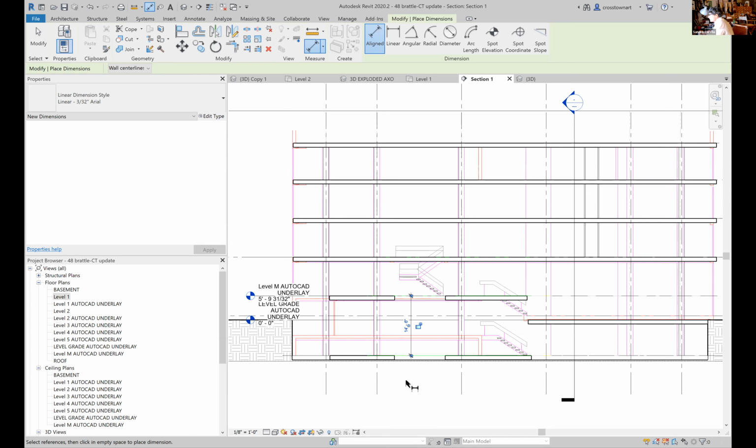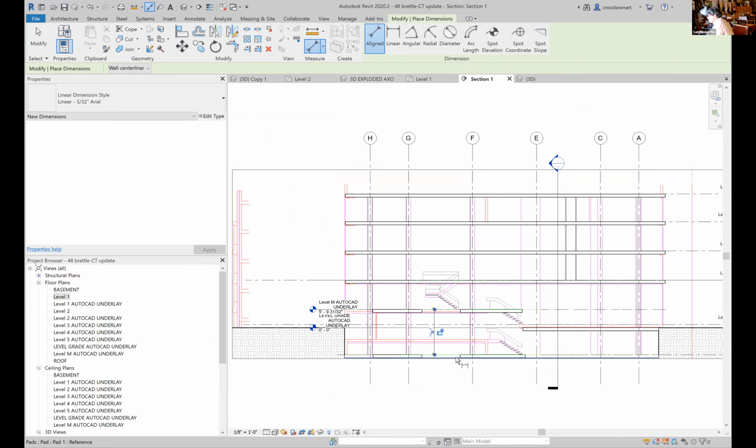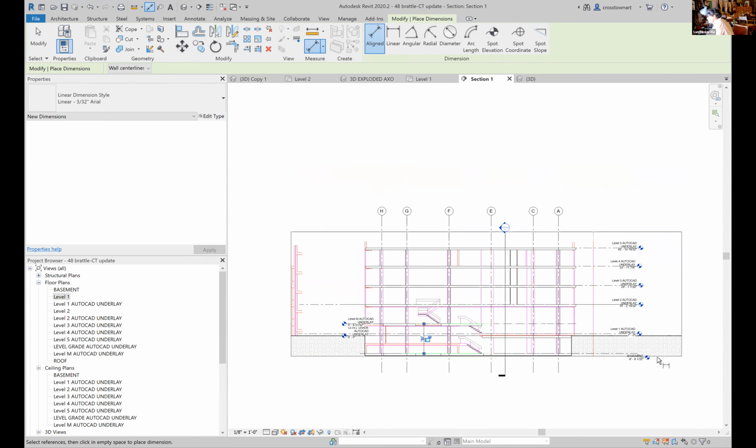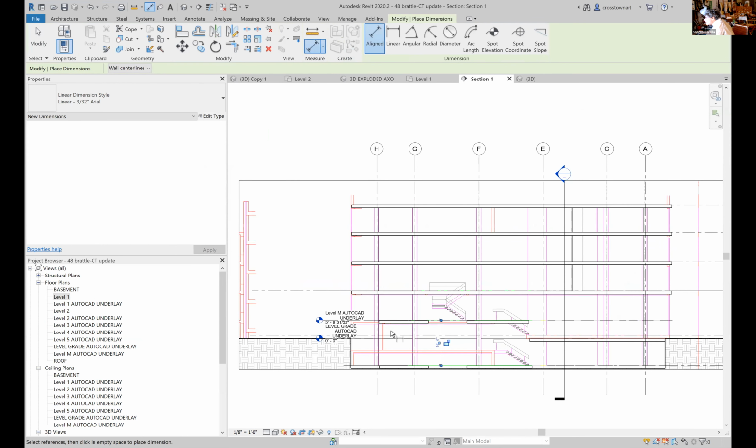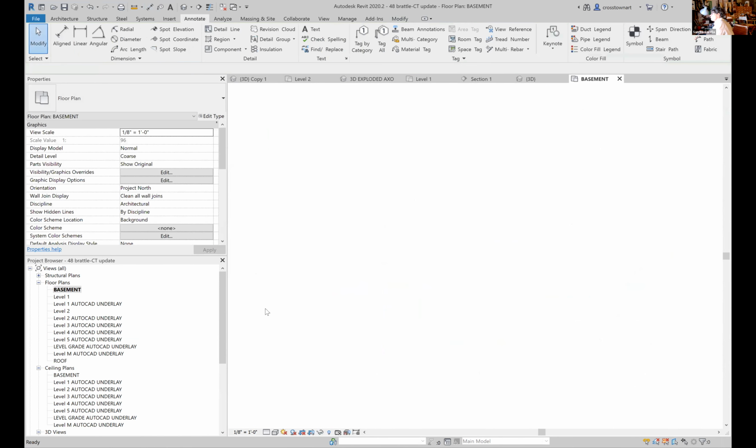There's probably, if there is a stair there, there's probably some enclosure, some walls within it, but okay. So you want to get from basement to level M AutoCAD underlay. So let's go to the basement